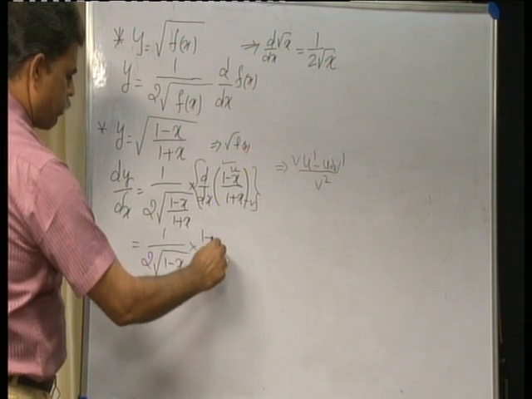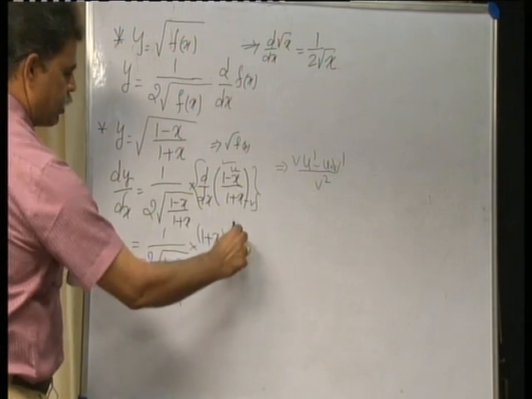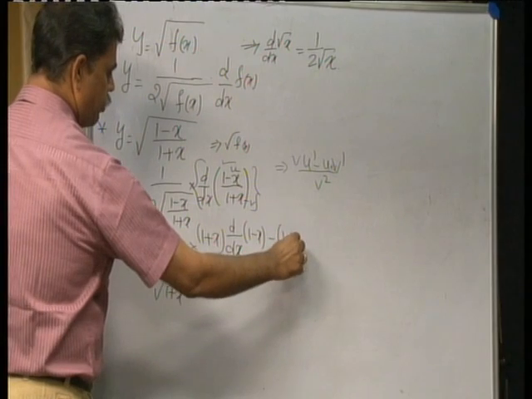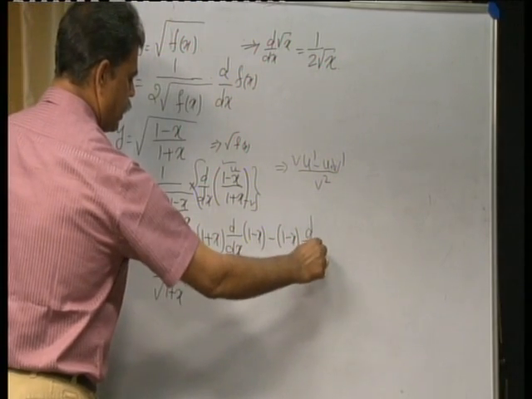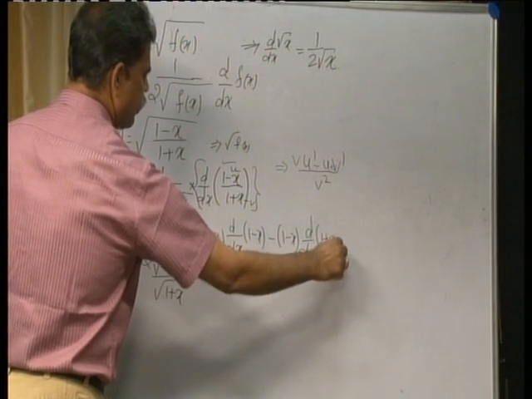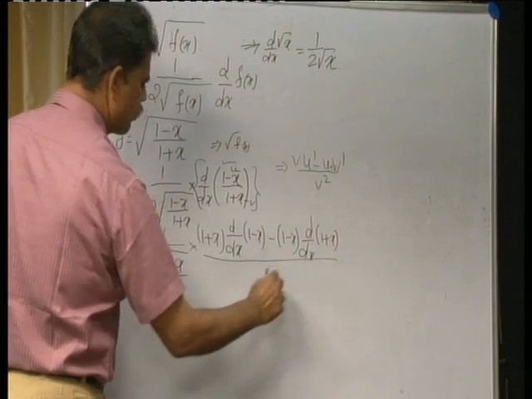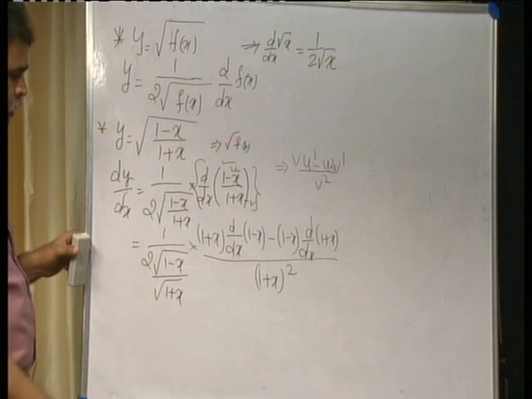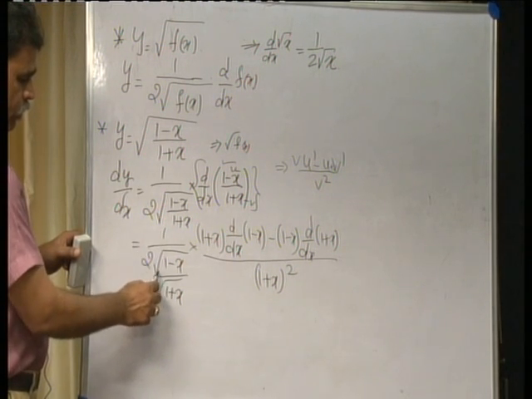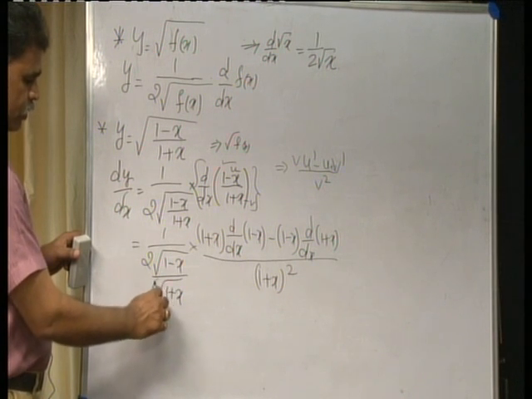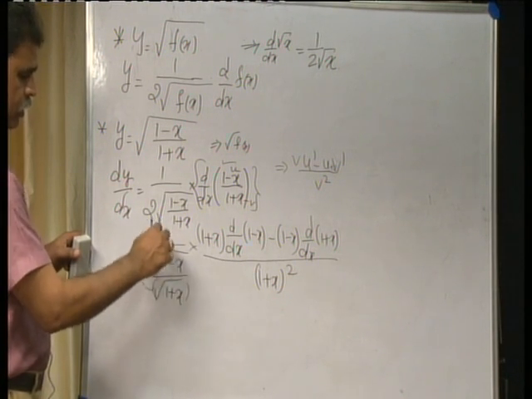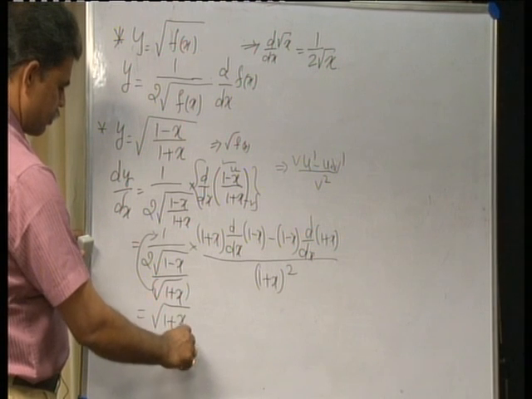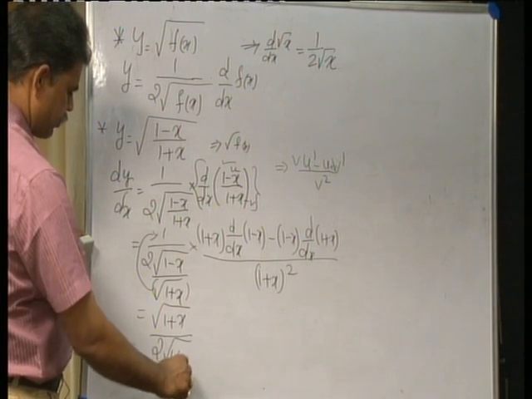According to that, V is 1 plus x into d by dx of 1 minus x, minus 1 minus x, that is U, into d by dx of 1 plus x, whole divided by V square. What is V? V is 1 plus x whole square. Here 1 by 2 root of 1 minus x by root of 1 plus x, you may consider this at the numerator. By taking cross multiplication, it will go to the numerator. Root of 1 plus x divided by 2 root of 1 minus